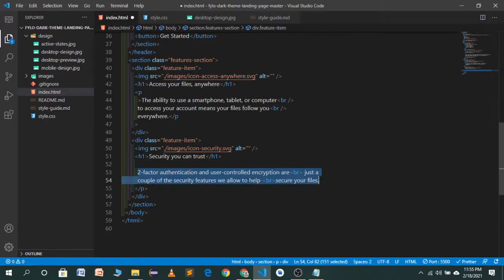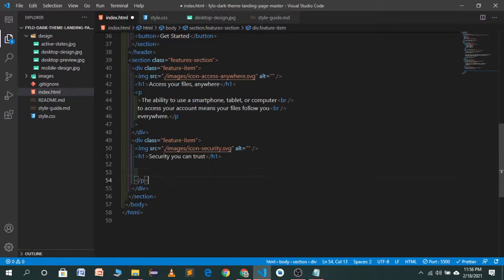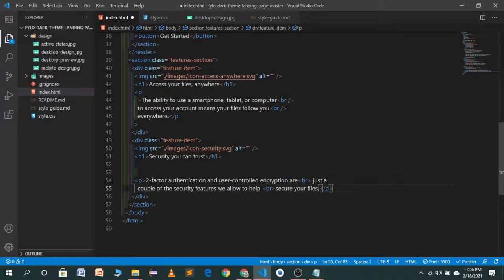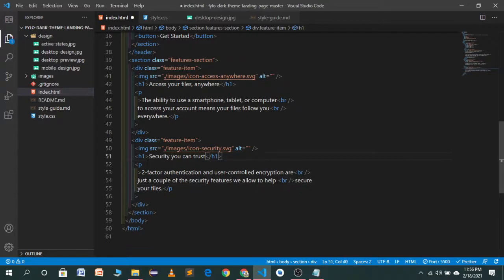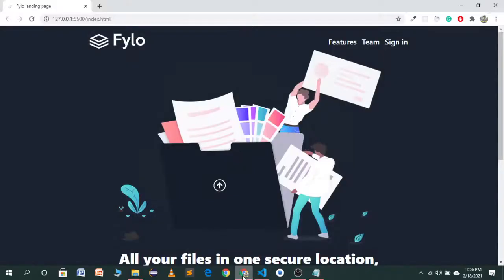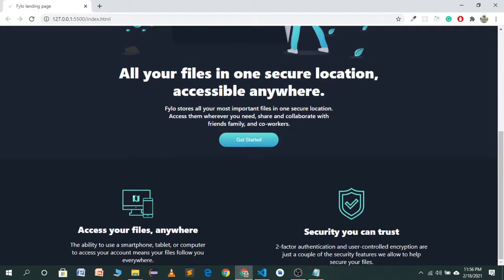Let's copy this text and paste it in a p tag. I hope it will look good right now, as there is a bug in our HTML file. So now you will see it has effectively changed.